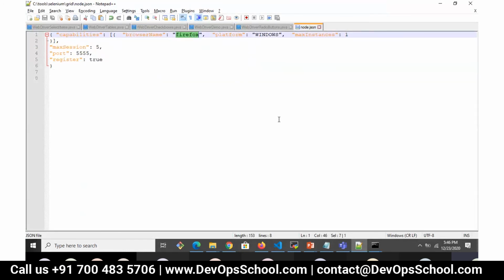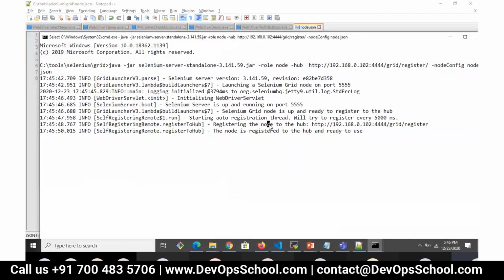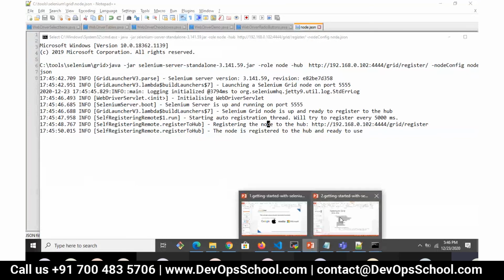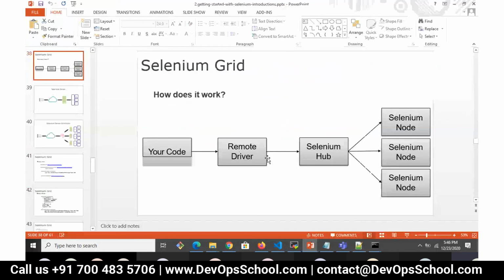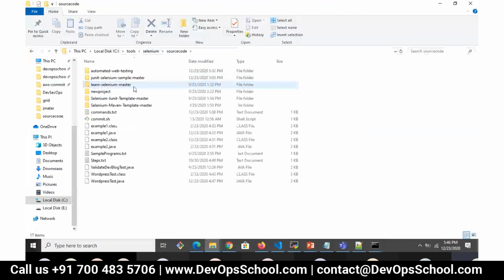OK, now what are you going to do? The last thing you're going to do, mind it here, is run the code. Look at this here. You're going to run the code against the grid. OK, so how can you do that? Let me show you the code here. So go to this code, source code,